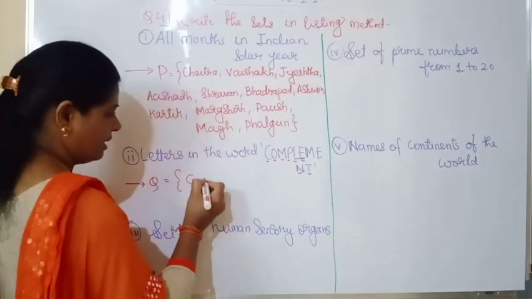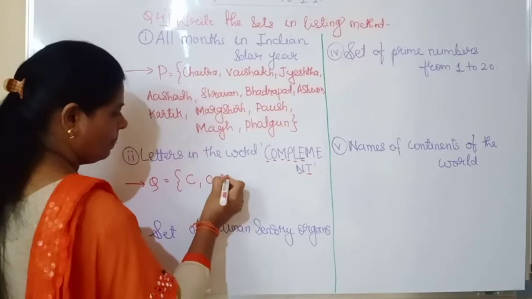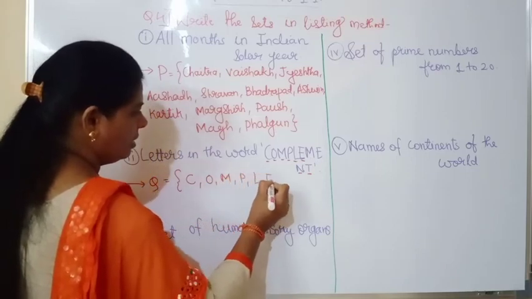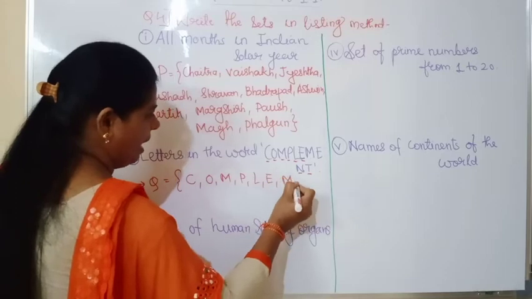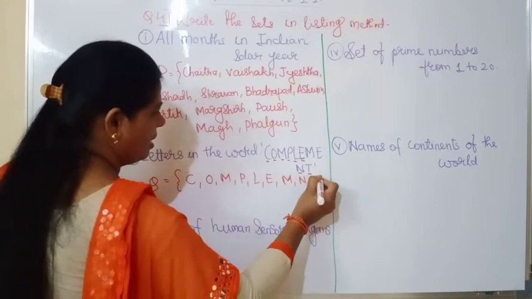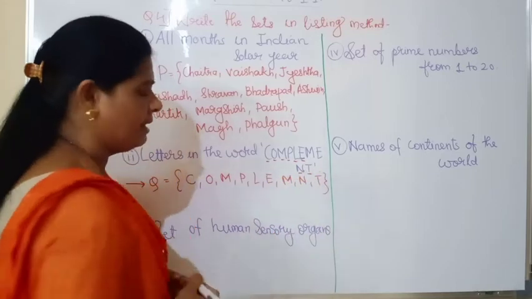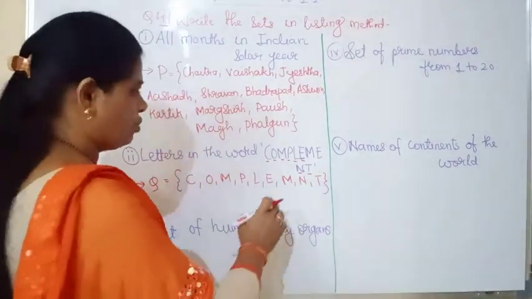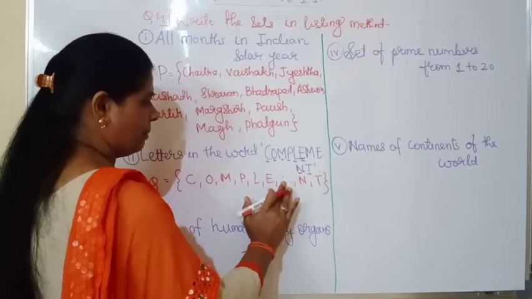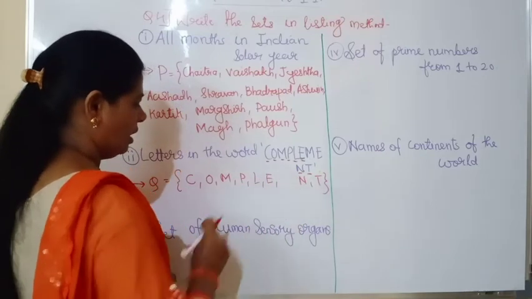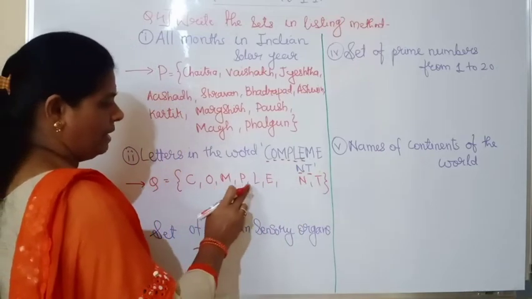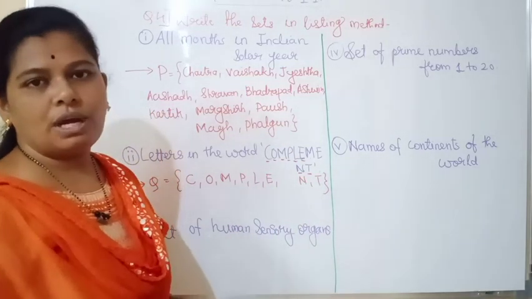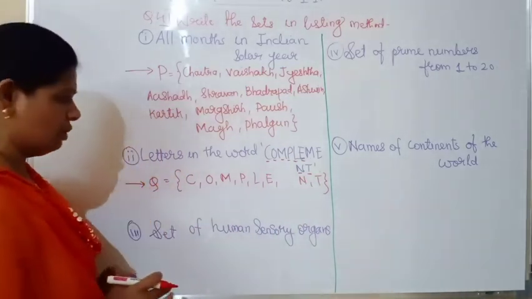So we will write it, that is C, O, M, P, N, E, N and our last alphabet, that is T. Okay, so very easy. I am sorry, here I have just repeated M. So M is not there. Okay, so C, O, M, P, N, E, N and T. So these are the alphabets in the set Q.